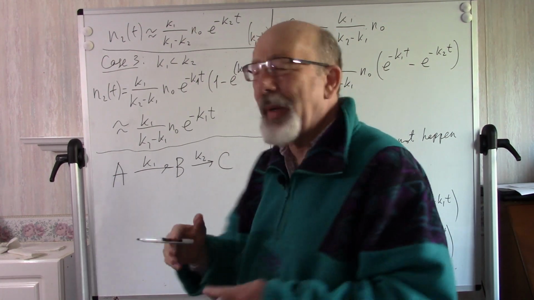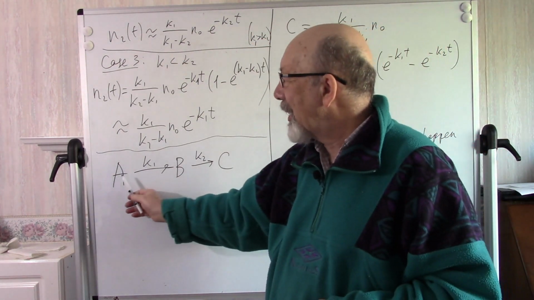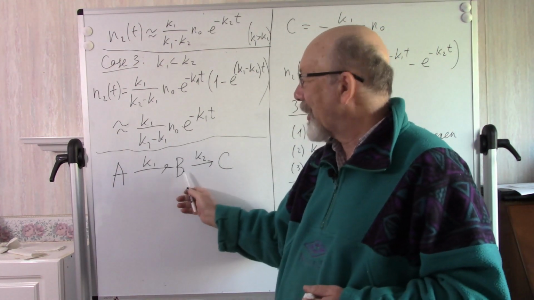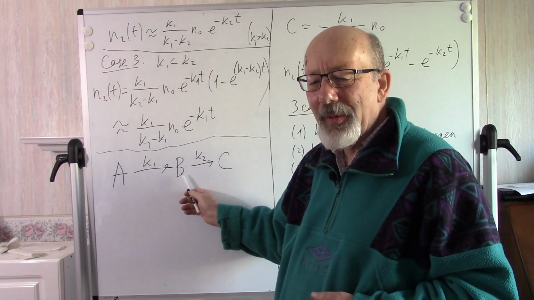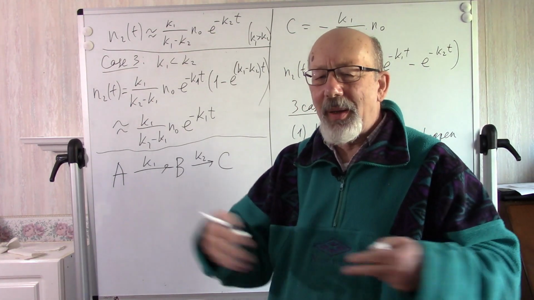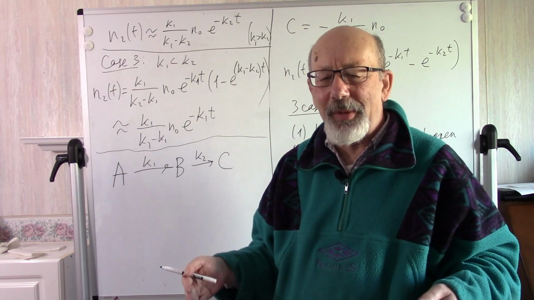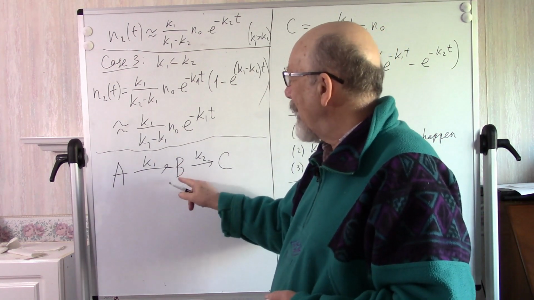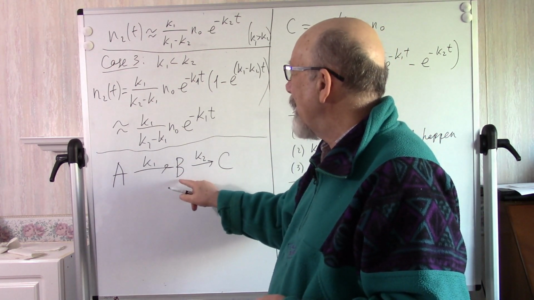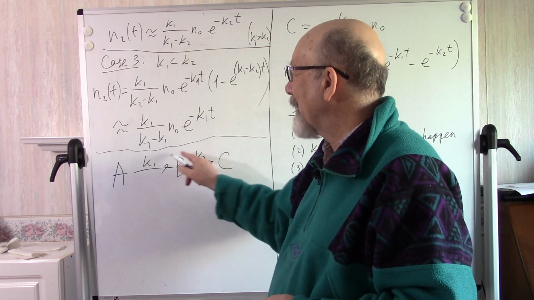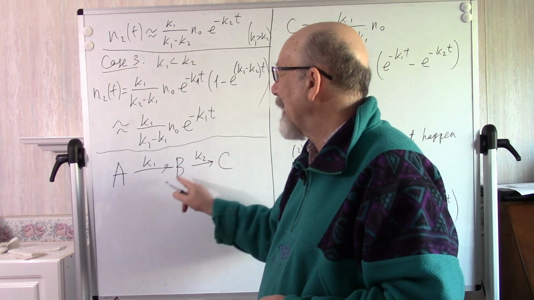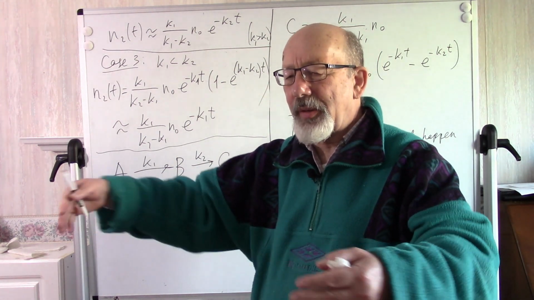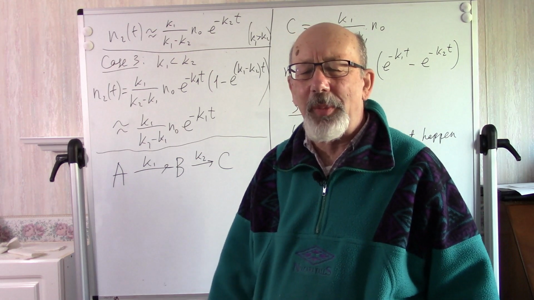So we can imagine that almost instantly all the substance A decomposes and becomes substance B, and then substance B decomposes itself, but slowly, and so all the process will go as if we started from some amount of substance B, which is the same number of atoms which was in A, and then this amount slowly